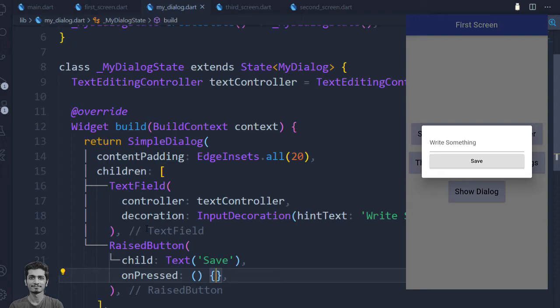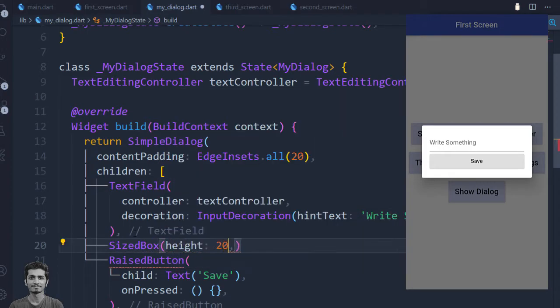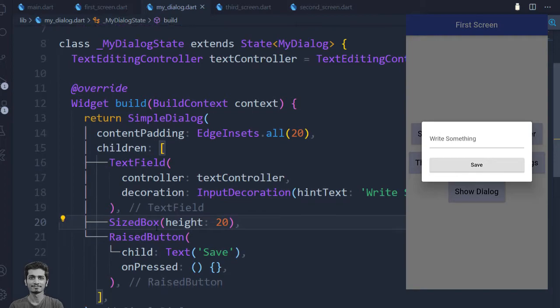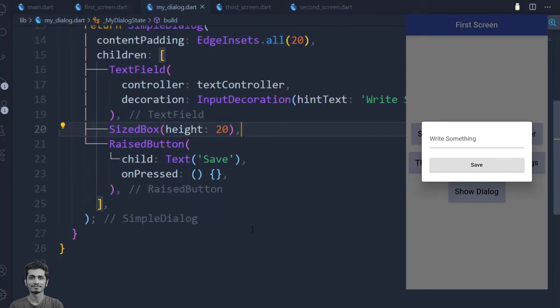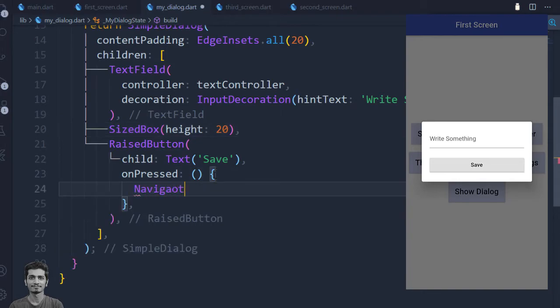Let's add some space between these two widgets. For moving back to the first screen, we will pass Navigator.pop to this save button's onPressed property. Now I will save the project and you can see when I press the save button, I move back to the first screen.